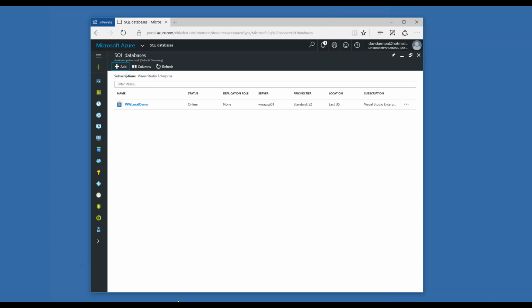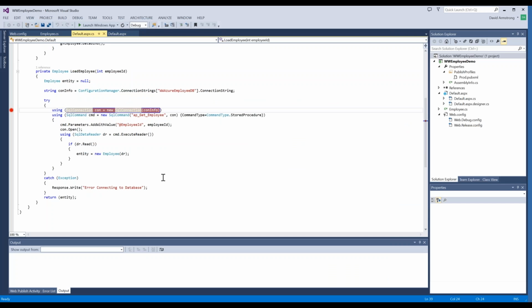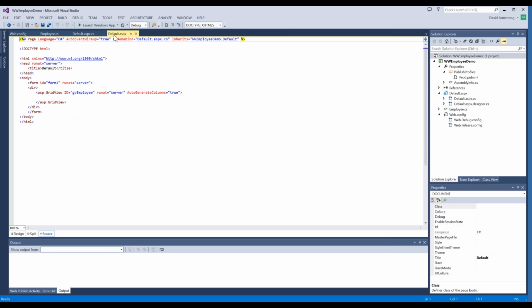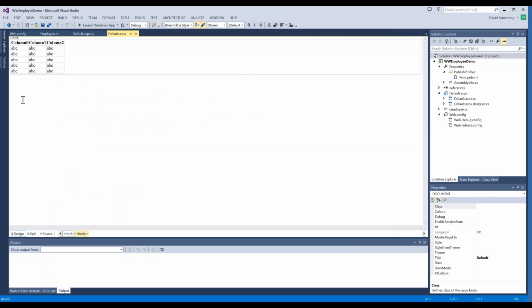What we're going to do is I'm going to switch over to Visual Studio. And so what I wanted to show you is that your existing applications can connect into Azure as opposed to you having to rewrite your entire applications, right? So this is a very trivial form written in ASP.NET. If I switch over to, let's go to the design, you can see I have a very simple grid view.